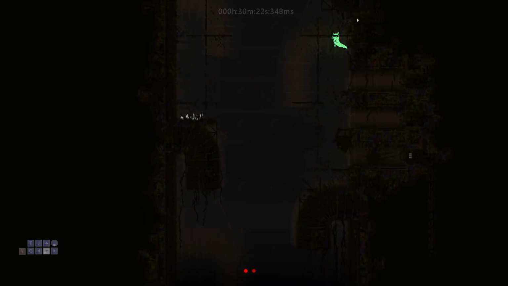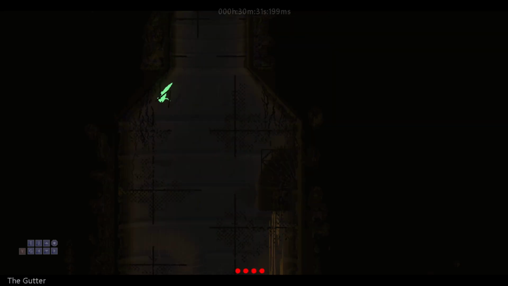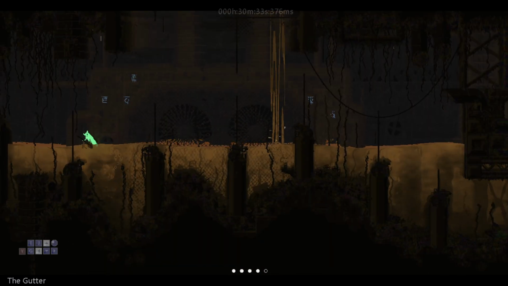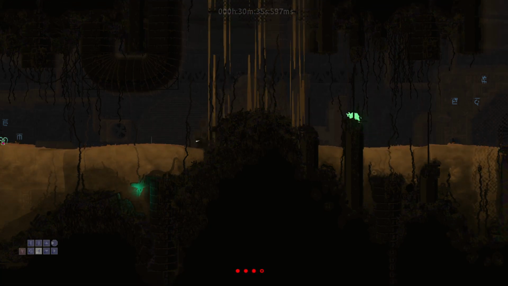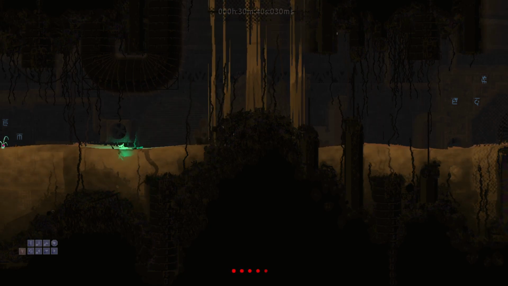You can definitely do these falls a lot faster than I'm doing them. I just don't want to die here. I don't know where that second spider went. I like to go against this wall and hold left. Now we're in the mud water. This eel lizard, I don't know